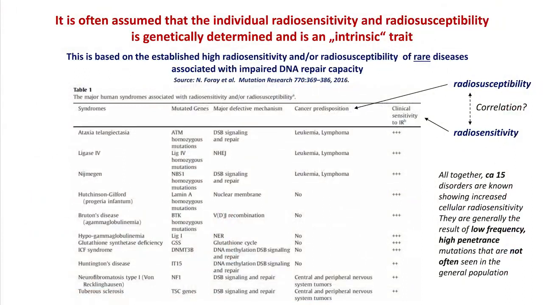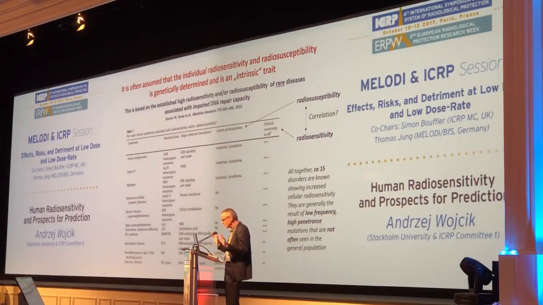Now, I think most of us assume that high radiosensitivity and radiosusceptibility, now I cover both, is an intrinsic trait. So I am intrinsically radiosensitive, or I am intrinsically radioresistant. And the reason why we assume this, and you often hear that people are differentially radiosensitive, is that we know that there are approximately 15 known diseases where people who have these diseases are radiosensitive, and you have a list of these diseases here. So they are radiosensitive. Some of them, at least, I'm not listing all 15, also have a high